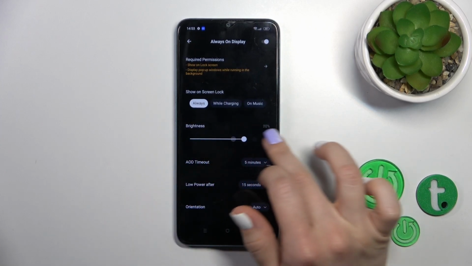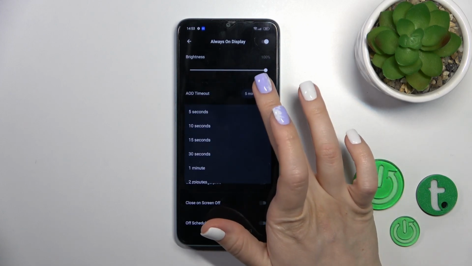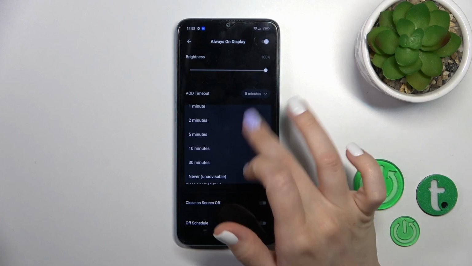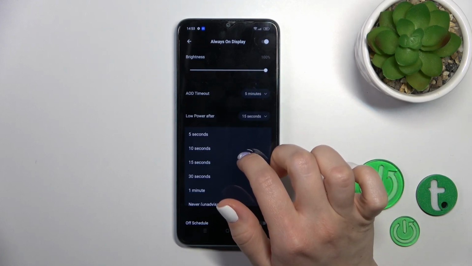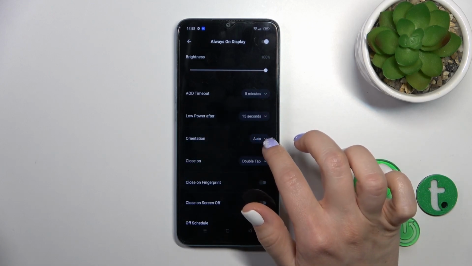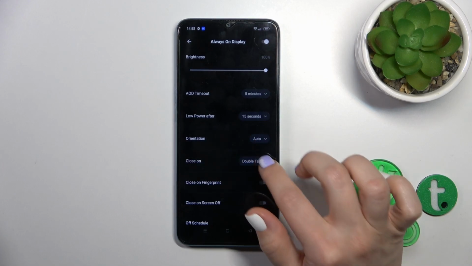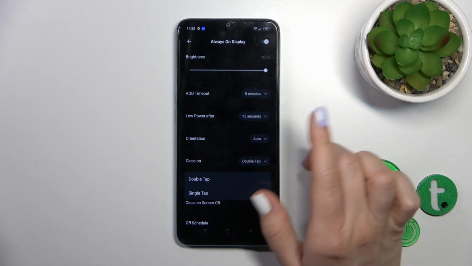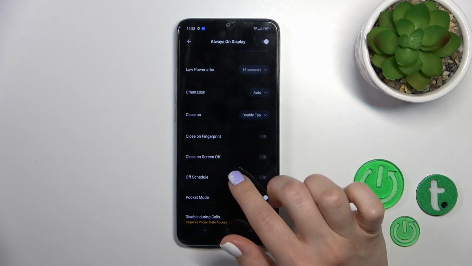We can switch the brightness level to decrease or increase it up to 100%, change the screen timeout from 5 seconds to never, use low power also after 5 seconds, or just don't turn it off, and change the screen orientation from auto, portrait, landscape, to just close it by double or single tap, to close it on screen on fingerprint,